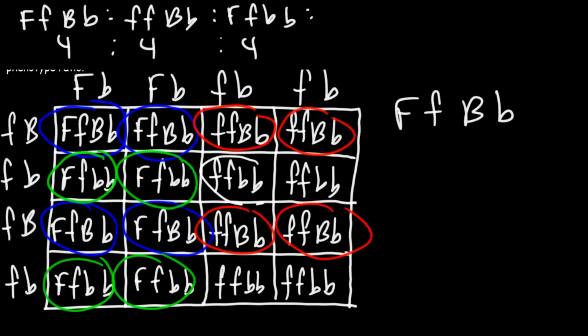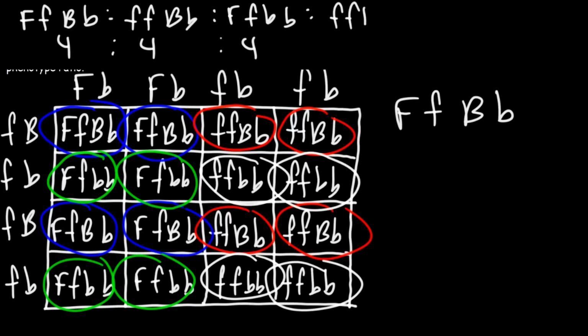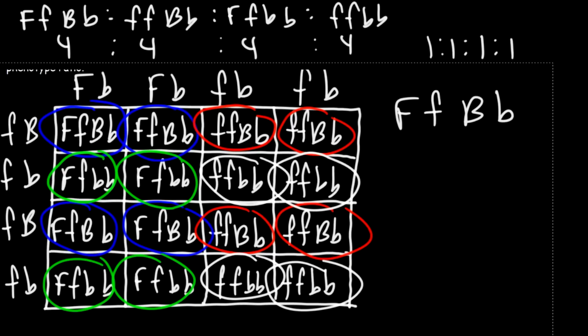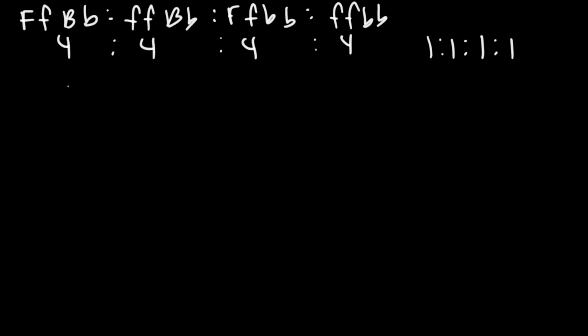And finally, little f with little b, little b. So 4, 4, 4, 4. If we divide everything by 4, then the genotypic ratio is 1 to 1 to 1 to 1. Now the phenotypic ratio, the characteristics, it turns out it's going to be the same. Now the genotype big F, big B, little b